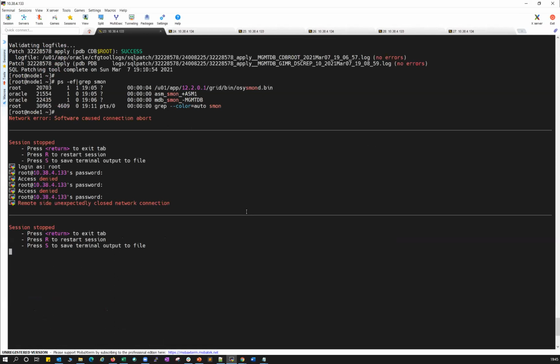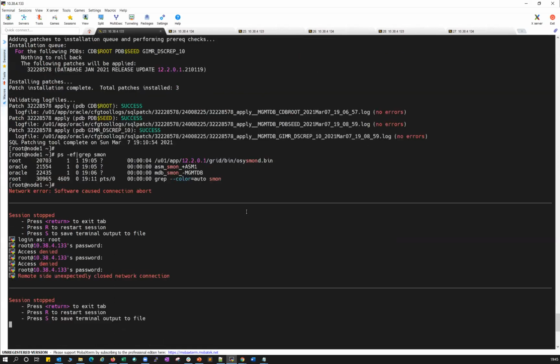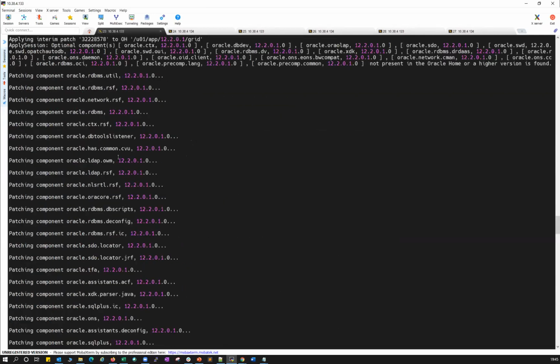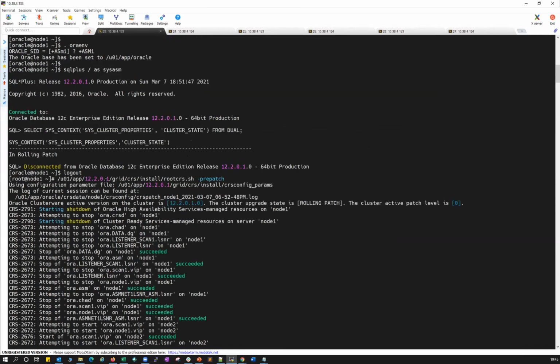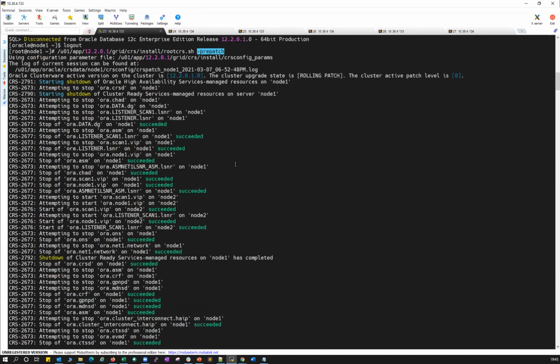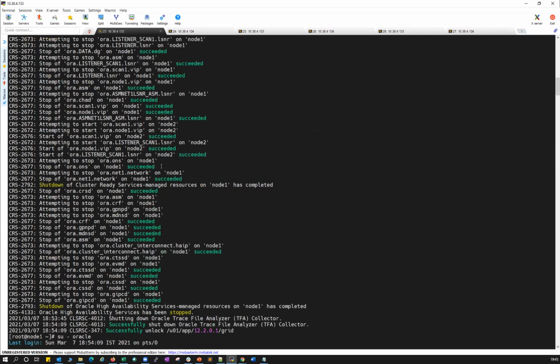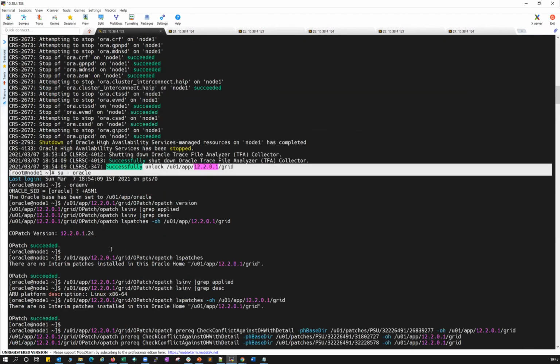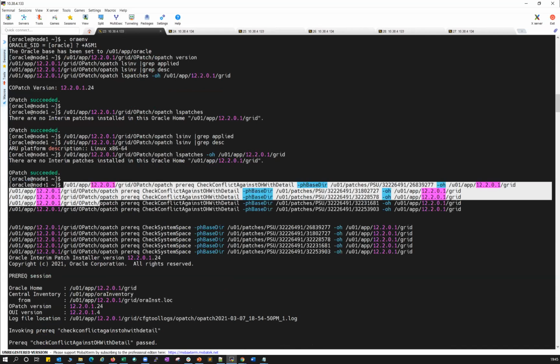I wanted to show you what I did. Okay, I have this output. That's good. We'll go through what I did so far. We have seen in the last demo session, when we were dealing with 19C GI patching, we ran this root CR pre-patch. It will shut down your clusterware and stop it, and then it will give you this particular message. Shut down your TFA, and then your grid home is unlocked. After that, you do all the conflict checks and the system pre-checks, and then everything is successful here.